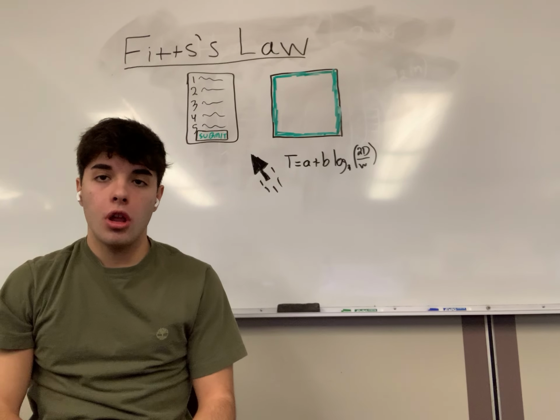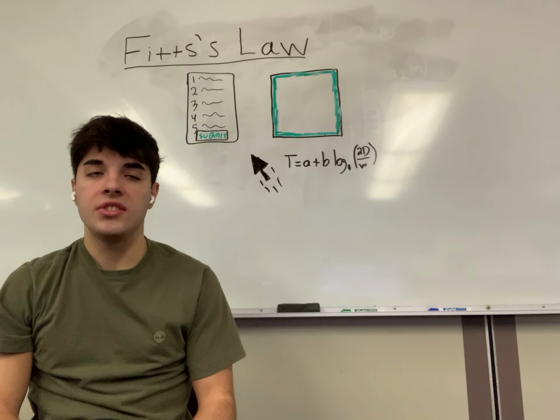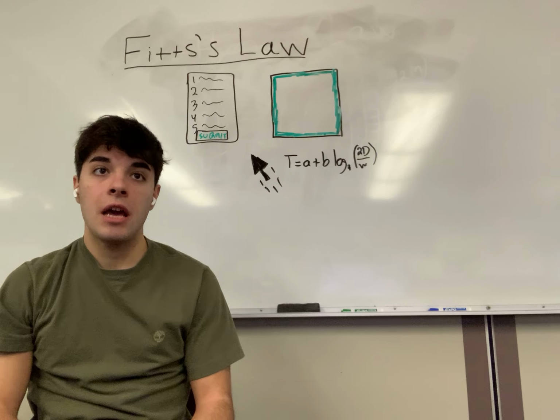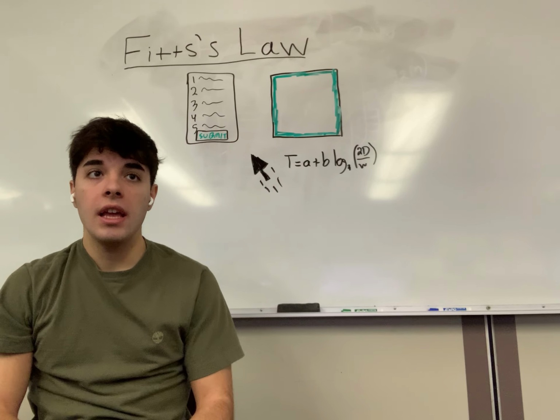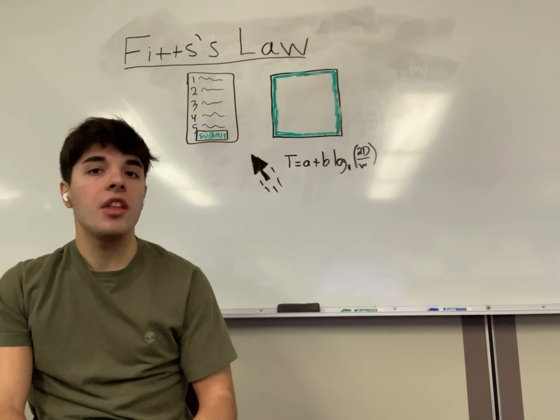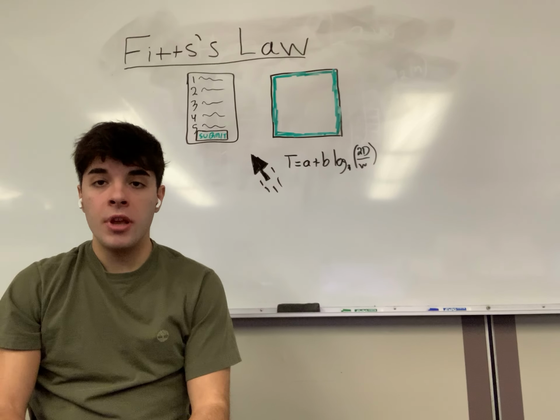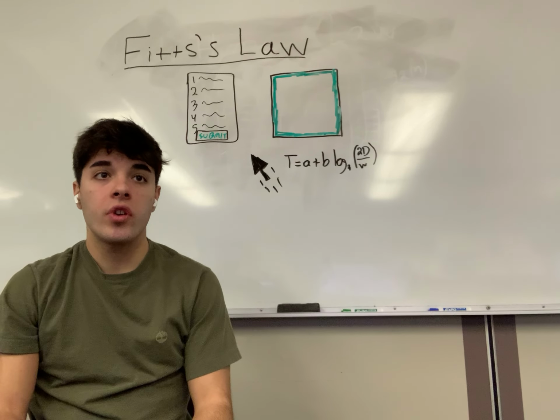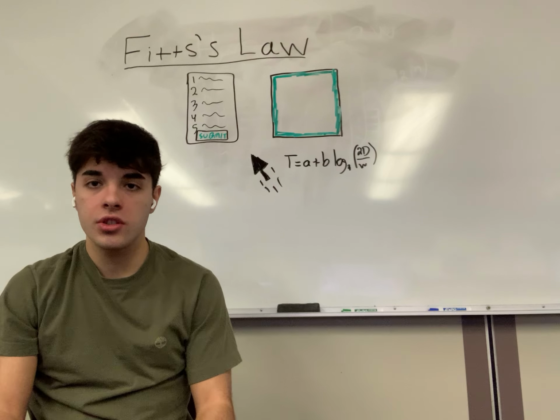Fitts law is another law of human cognition that should be accounted for when designing software. It states that the time it takes a user to physically select an option is a function between the distance of the target and the width of the target. Minimizing the time it takes to perform an action is very important when designing software, so Fitts law should always be